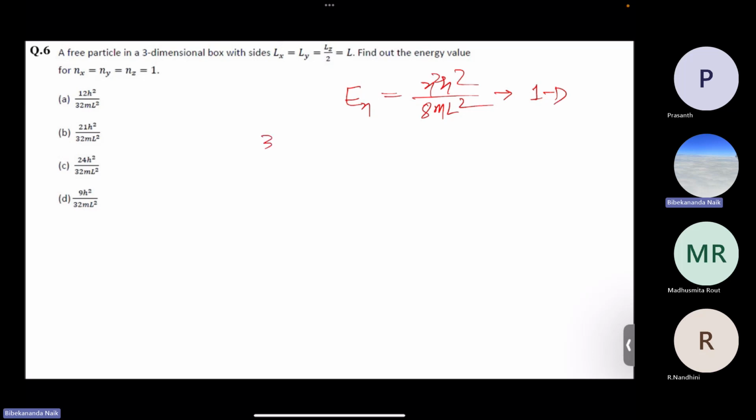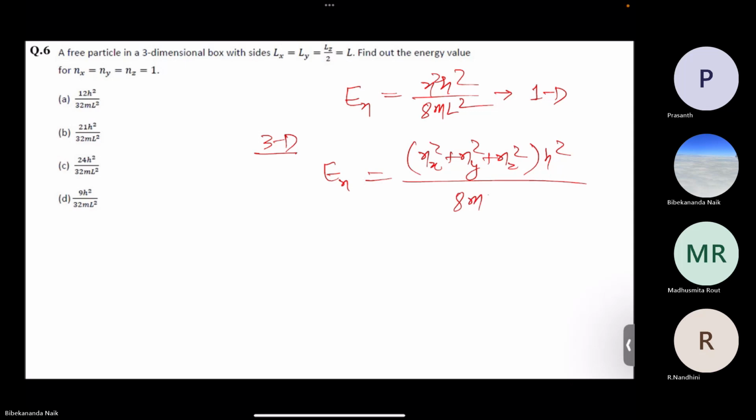But in case of three-dimensional potential box, this n square gets converted to nx square plus ny square plus nz square, divided by 8 ml square. So this is only possible when this L is the same,